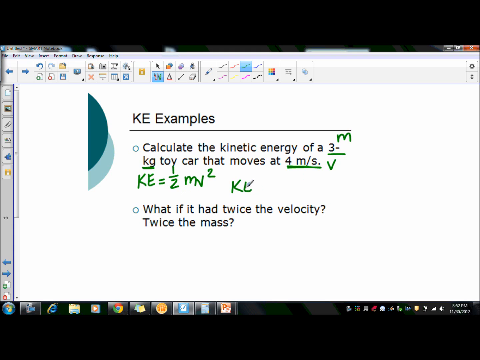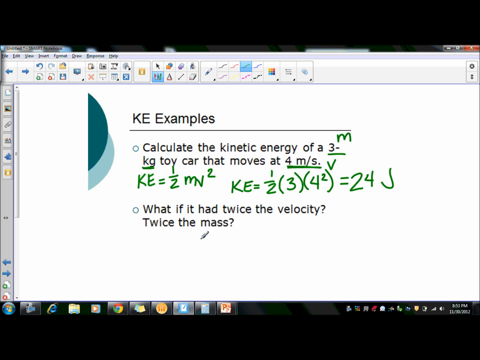So KE equals 1/2. Notice these all have units, so it's plug and chug. So 1/2 times 3 times 4 squared. Only velocity is squared. So 4 squared. So if we plug all this into the calculator, 1/2 times 3 times 4 squared, we get 24 joules of